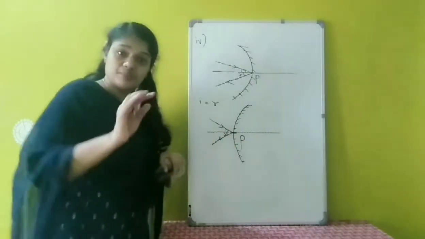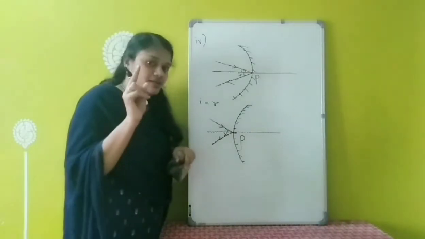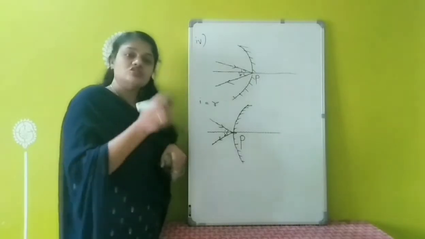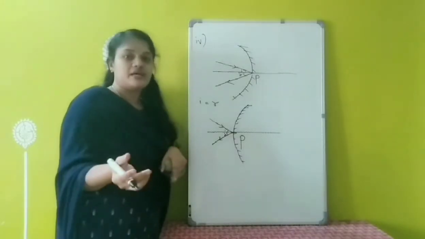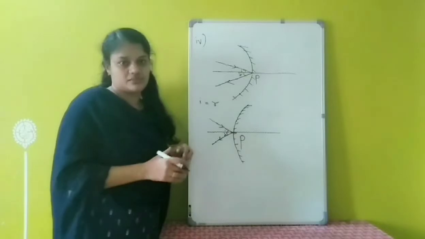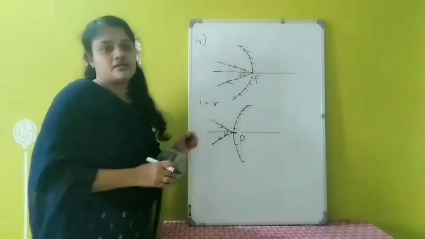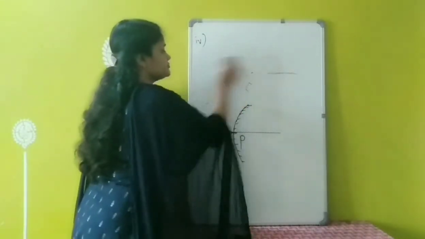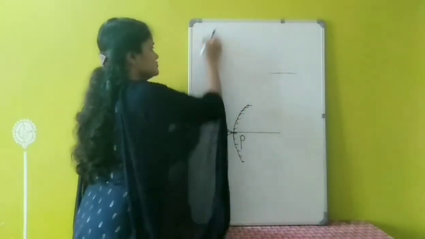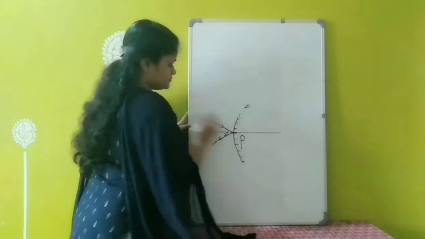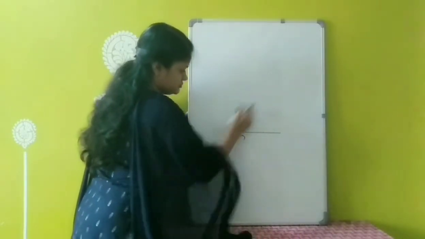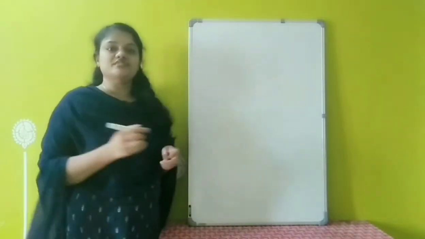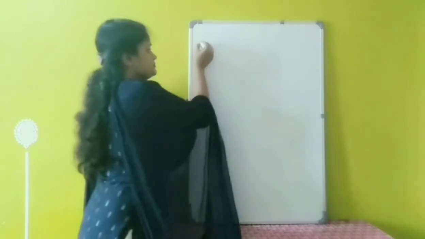So in order to get the image, I told you at least 2 light rays are needed. So we can use any 2 of the rules. So here we studied 4 rules. So we can use any 2 rules to draw the ray diagrams to find the image. Clear? These are the 4 rules for drawing ray diagrams. So first of all, we can study about image formation in concave mirror.